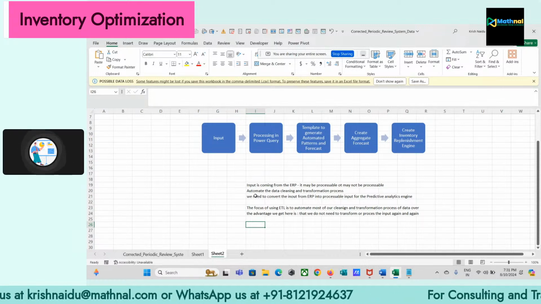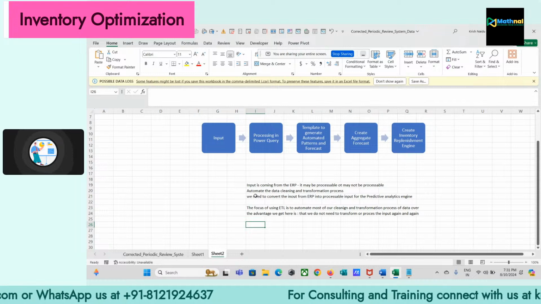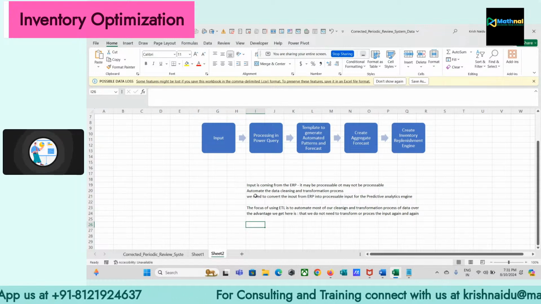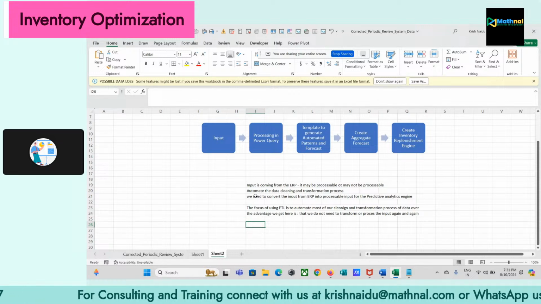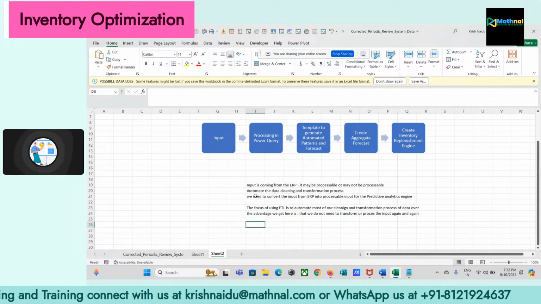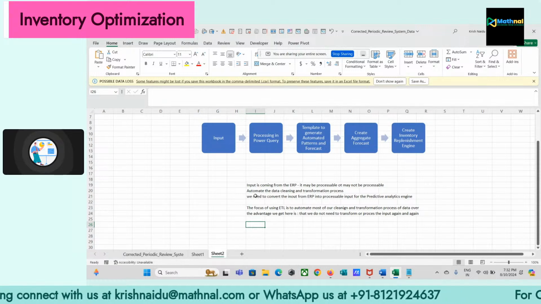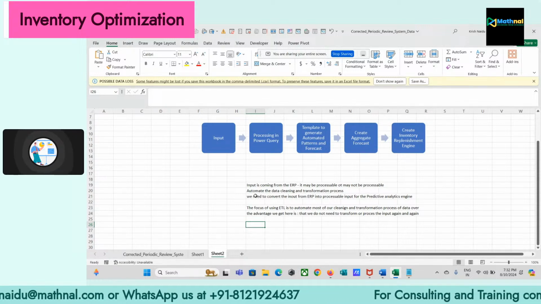That is the most important thing which supply chain professionals will get benefit from this particular Power Query tool. So this is one of the most important things which we need to take into consideration as supply chain professionals. So we need to work a lot and lot on the